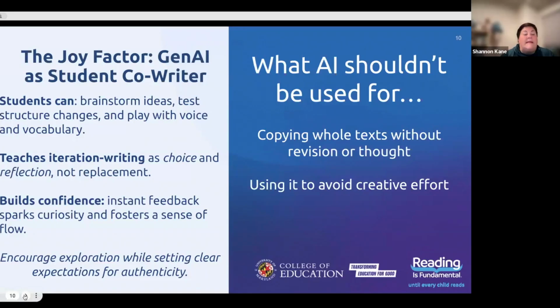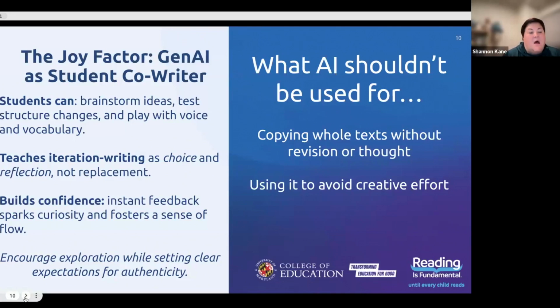And so we need to create space to have clear expectations for authenticity, right? If we don't want our students to use AI for the things on the right, we actually have to be intentional and talk about them. If we just put blinders on and say, nope, we're not going to use it, students are still probably going to use it. They're probably going to use it incorrectly. And again, all of the benefits that we can possibly see from it are being lost. And also, all the instruction that you're spending your time on is probably being lost because they're probably just going to copy the whole task without revision or thought, and then cross their fingers and hope it doesn't get flagged.